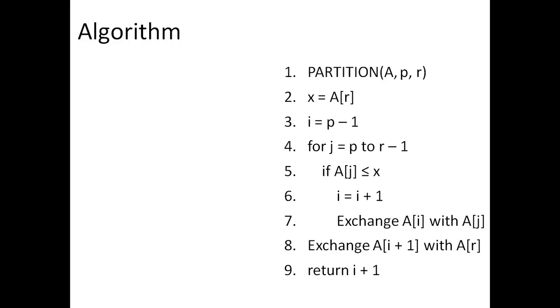In this way, we have to scan the complete array. And then at the end, we have to swap the pivot element A[R] with the element at index position I plus 1, as it is written at line number 8. And then lastly, the partition procedure will return the partition point at line number 9, and it is always returned as I plus 1 at the completion of the procedure.